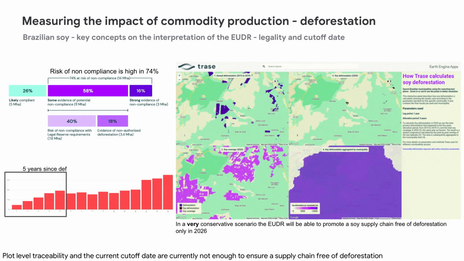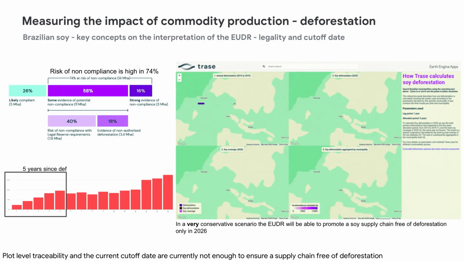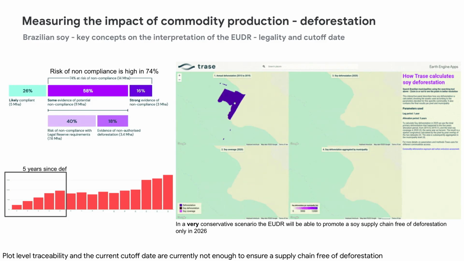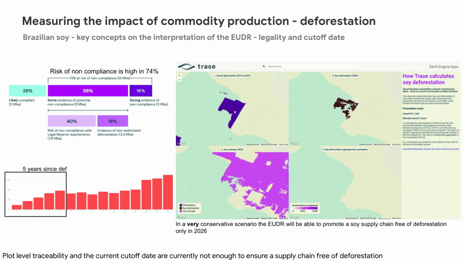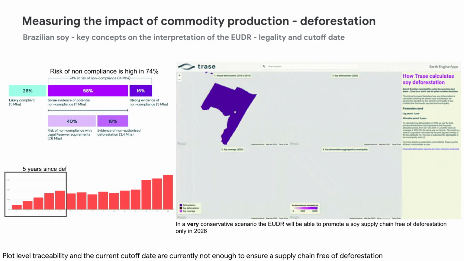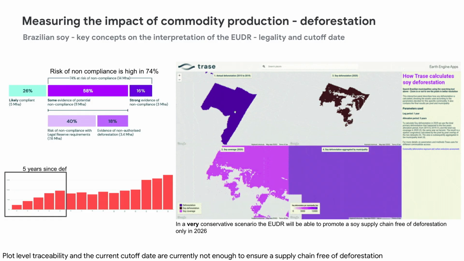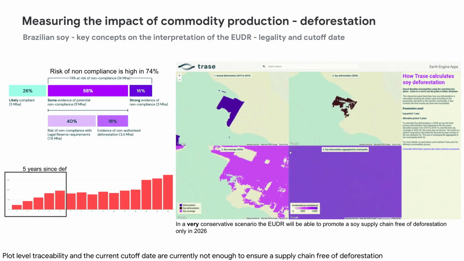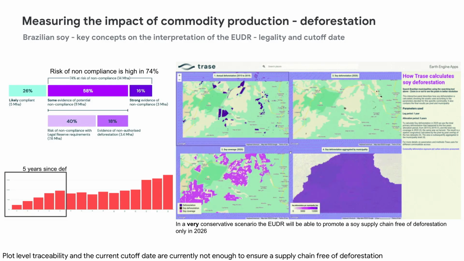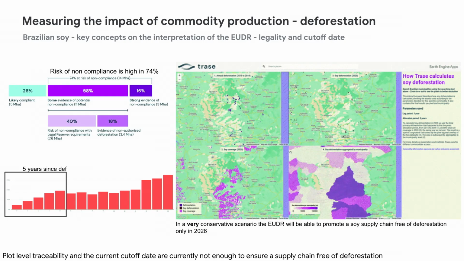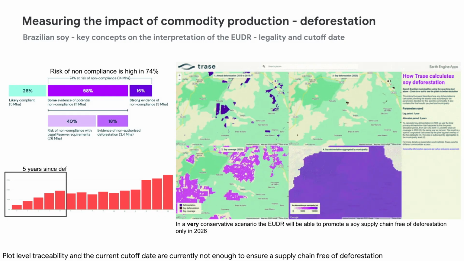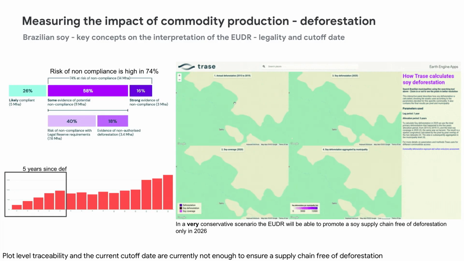There are three very important concepts associated to the EU due diligence, the EU Deforestation Regulation. So we talk about legality and cutoff dates, and it's important because I think it was Tasso who mentioned before that 74% of deforestation, potentially legal, happening in the properties are not detected in the overlap between land use and deforestation, which means that you see clearly the blind spot that can be created if you're not considering the whole location of the property. The second one is what we call the allocation period in Trase, and it's mapped there